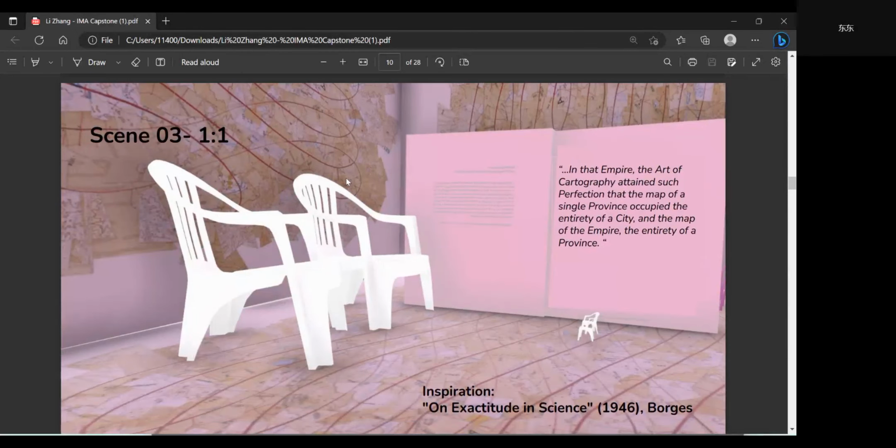For the third scene, I try to focus on the art concept of one-to-one ratio. Because Borges himself has talked about concepts showing the depth of one-to-one and the concept of simulation. For example, when the map of Shanghai becomes the same size as Shanghai, is the map really the real Shanghai, or is it still the map?